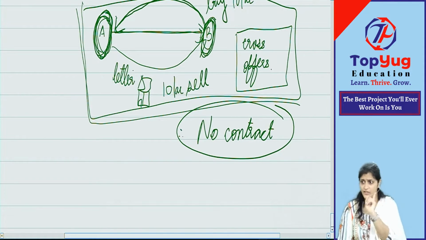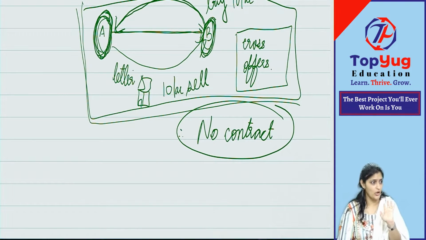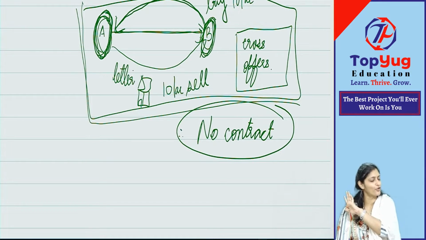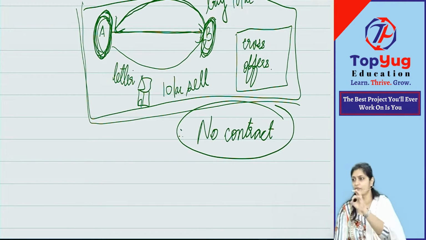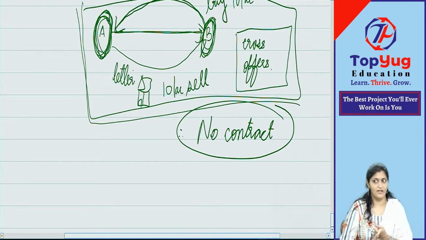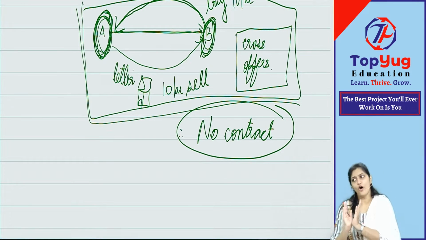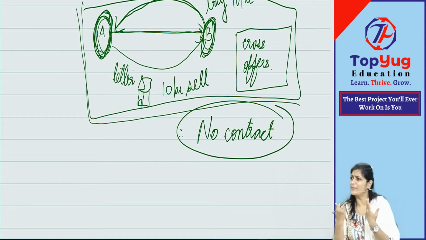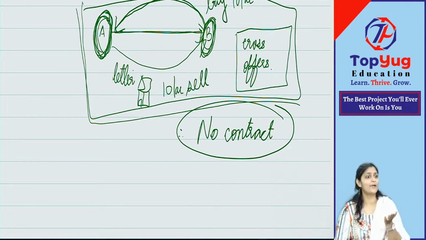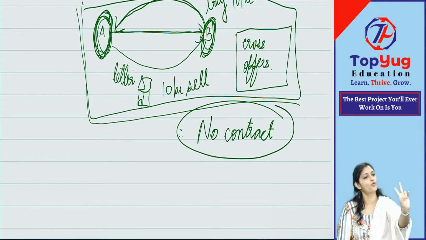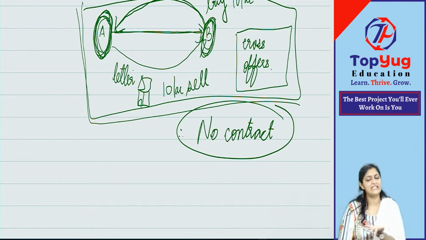Understood everybody properly? Yes or no? So this is known as what? Cross offers. Cross offers have no validity. Why? Because in cross offers, no offer is considered to be accepted. Both are considered to be only offers. When you have only two offers, can there be any contract? There will be no agreement also actually. Agreement also needs what? Offer plus acceptance. Here, what you have is only two offers. Therefore, obviously, you don't have any contract.